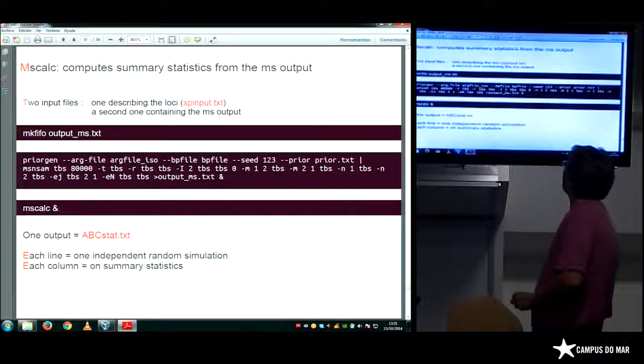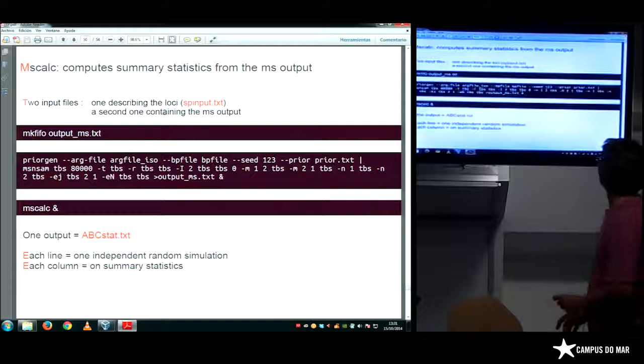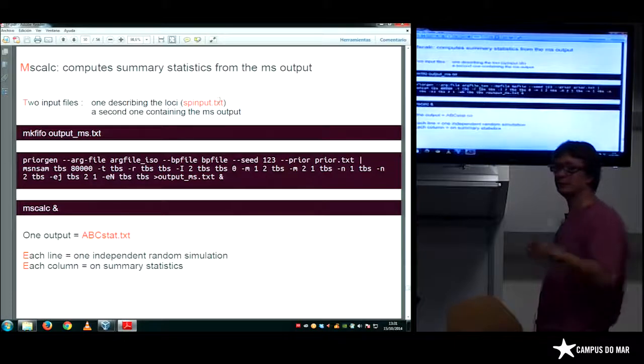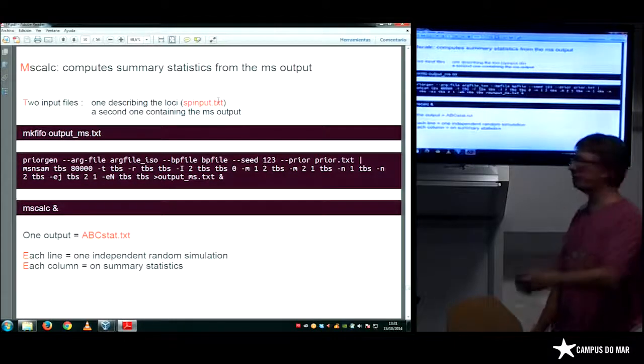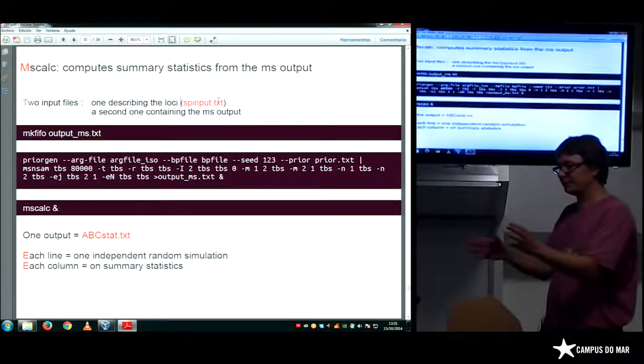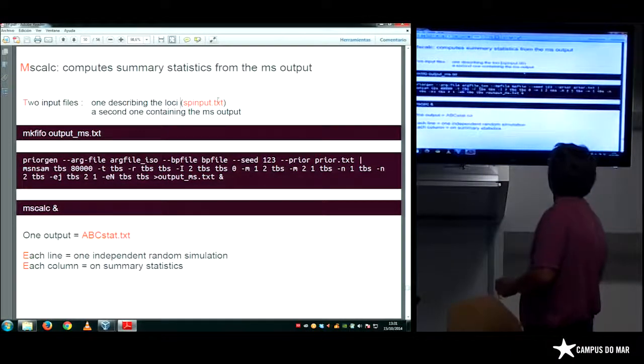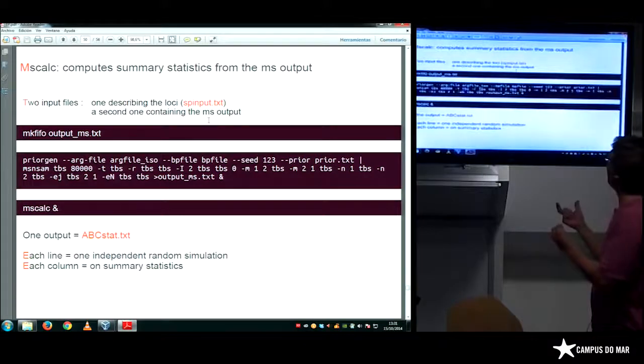So MS-Calc needs two input files. One is a file that describes your loci. It's called spinput.txt. You have it in your folder already for the data set of 8 loci. And the second one is the MS output.